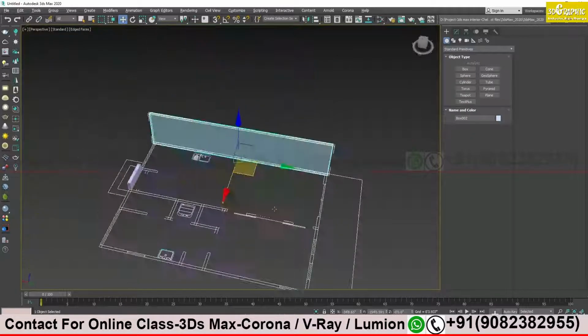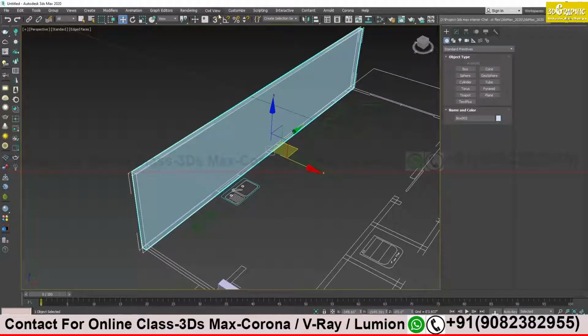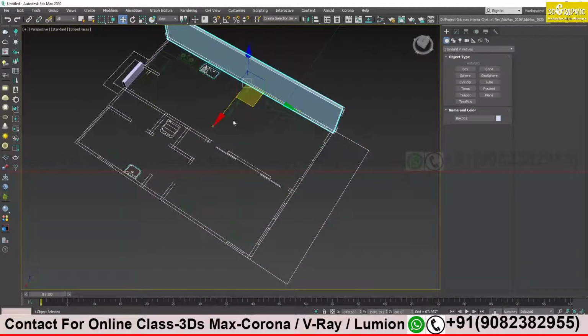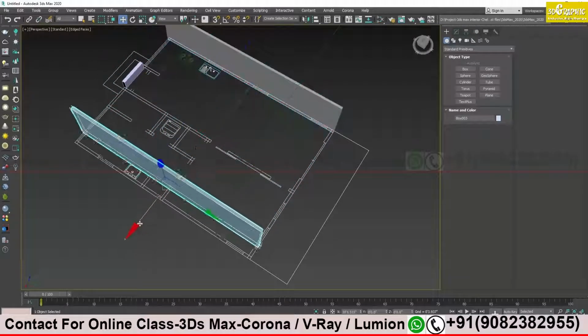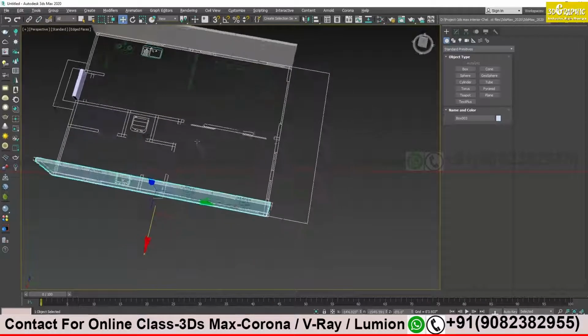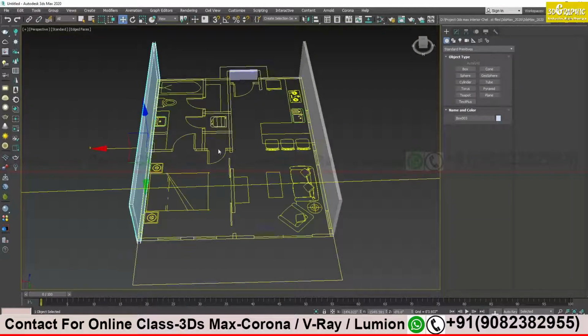Try to practice this with the snapping tool and try to create walls on top of your CAD file. Create multiple walls. If you want, you can make a copy of it for the similar wall, and try to create all the exterior walls and interior walls as well.